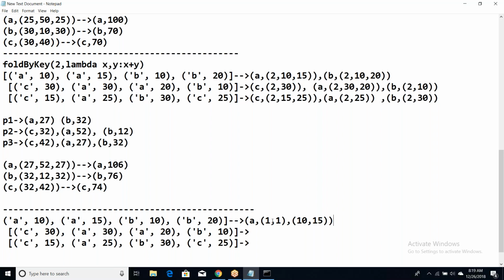10, 15 are the values, right? These are the values of A. What is 1 comma 1? It's nothing but we are trying to count the number of values. We have to get the count of the number of values. So A: 1 comma 1, and 10 and 15. Got it? And similarly for B also we have to get